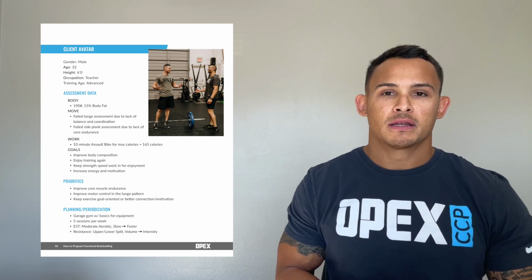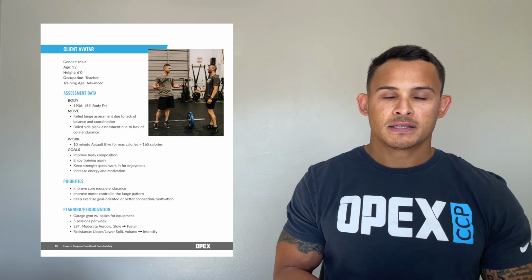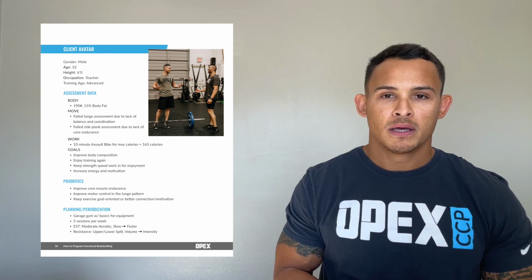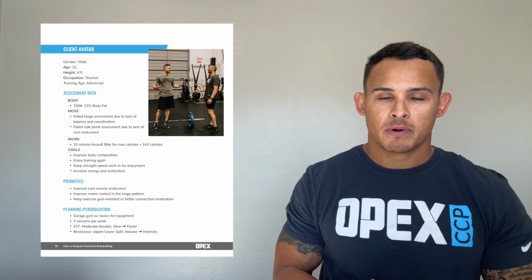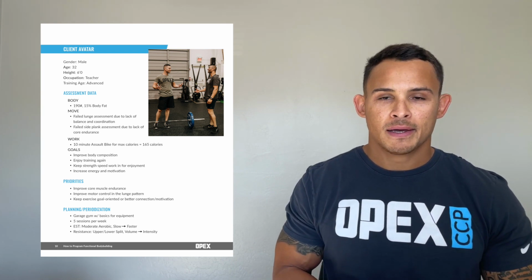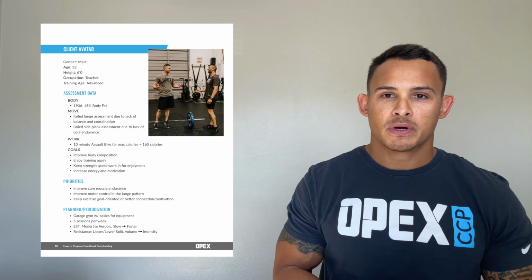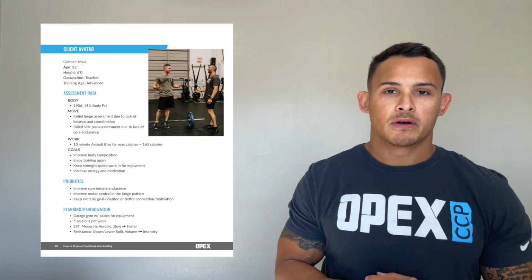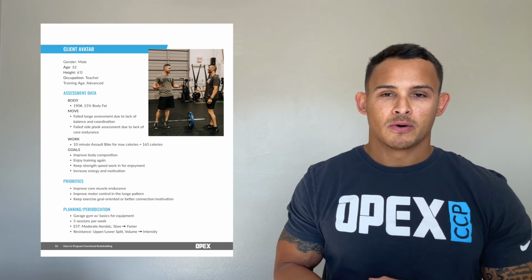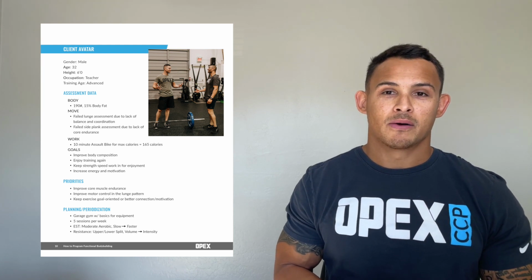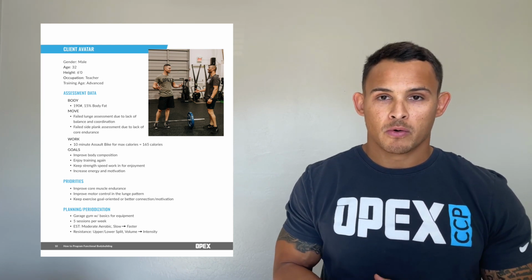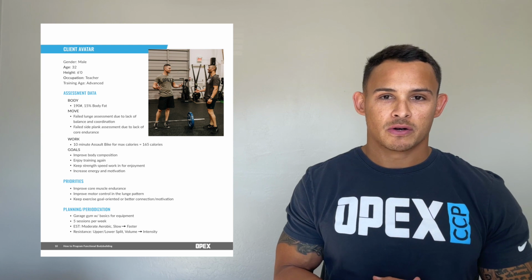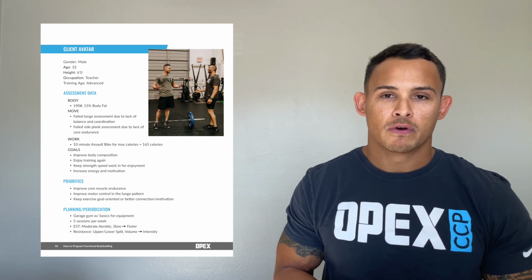Now, when we dig into the physical assessment and OPEX body, just think about that as us getting body composition data from our client, and we want to understand where they are. Today's avatar is in pretty good shape, right? He's at a fairly low body fat. His weight is a little higher than what he wants, but he's within normal ranges. So nothing jumps out as overly concerning. But remember what he talked about in his goals, he wants to improve body composition. So the numbers that you see on the screen right now are the things that we're going to try to improve, right? We're going to reassess these numbers over time because we have to hold ourselves accountable as coaches to ensure that we're actually decreasing these numbers over time.